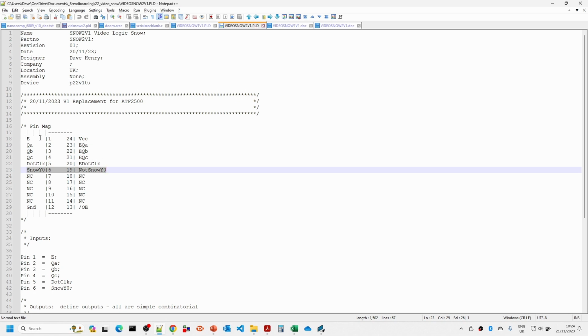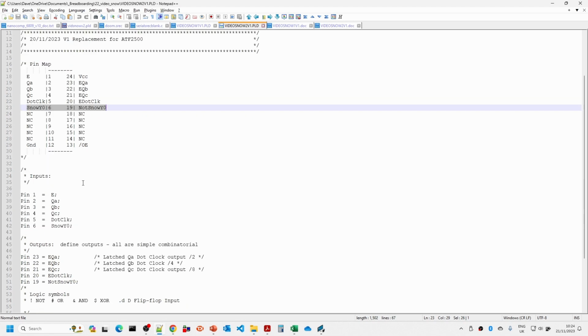Now the E signal is exactly what we want for this one: when E rises, we will latch the QA, QB, QC on the E. But with this dot clock here, when we get to the other chip, we actually only want the dot clock to count the cycles when the E signal is high. When it's low, we don't want it to count. So that's the reason why we have to combine the dot clock and the E signal here, and we'll have a look at the rules down below.